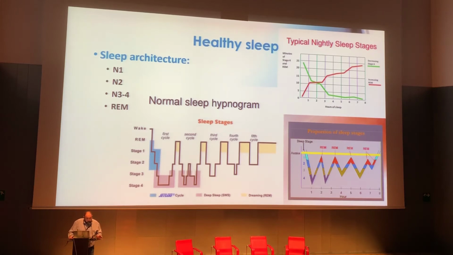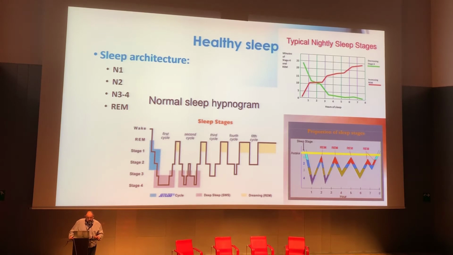Sleep architecture, I don't want to talk too much about it. There are different phases. There is N1, which is light sleep, and at the beginning it lasts about 1 to 5 minutes, and alpha waves start disappearing, and we start having the slower waves. N2 is when our heart rate and our temperature drop, and more slow complexes start appearing. N3, formerly N3 and N4, is when we have the spindles and the K complexes and the delta waves, and is when we are most deeply asleep.